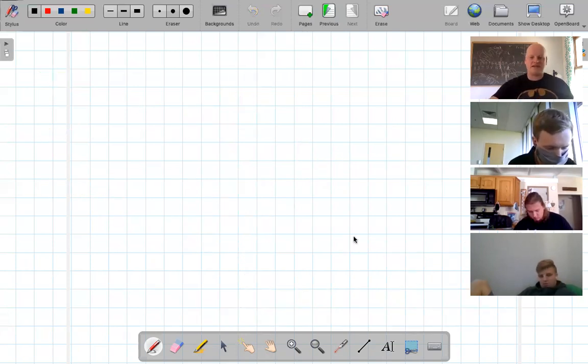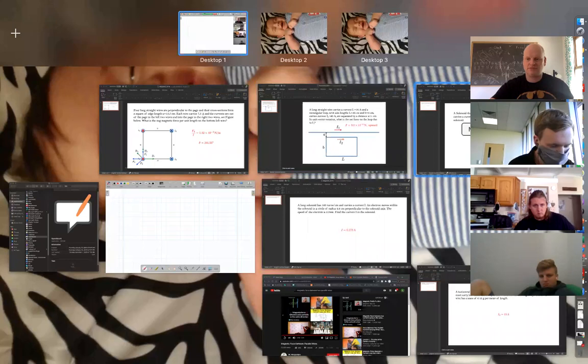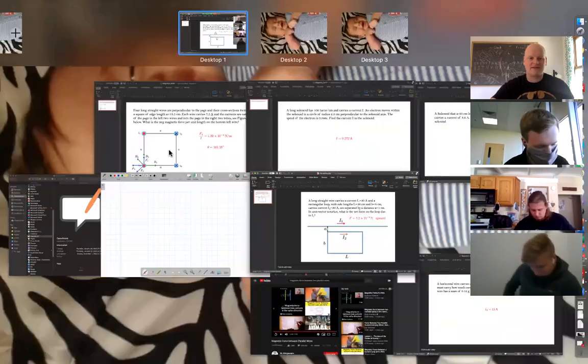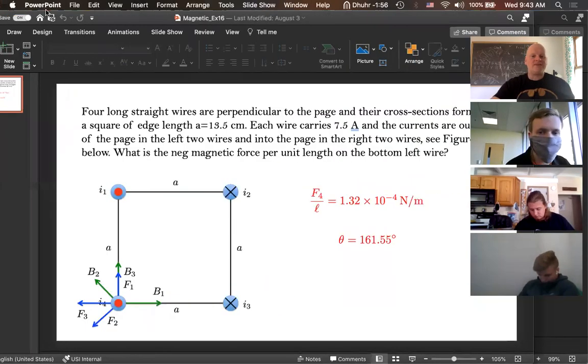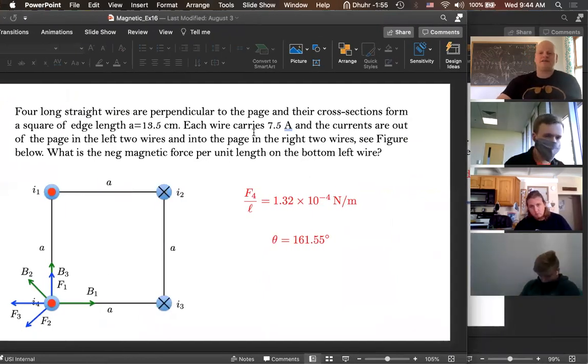So the next one says, so this is number, oh, is that what I want? I want this one, good. So this says we have 4 long straight wires perpendicular to the page. So each one of these is a wire which is coming out of the page, and their cross-sectional areas form a square where the length between each one of the wires then is 13.5 centimeters. So this is A, where A is 13.5 centimeters, pardon me. And it says each one of these currents carries exactly the same amount of current